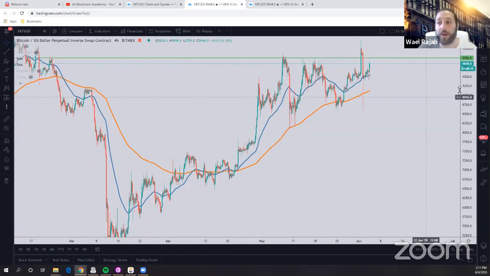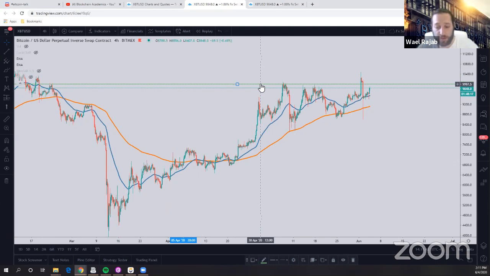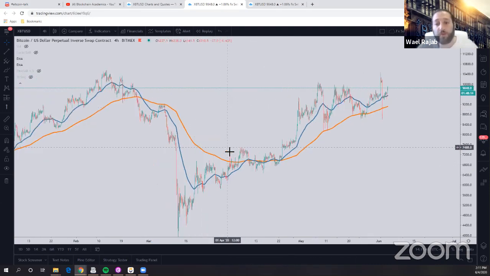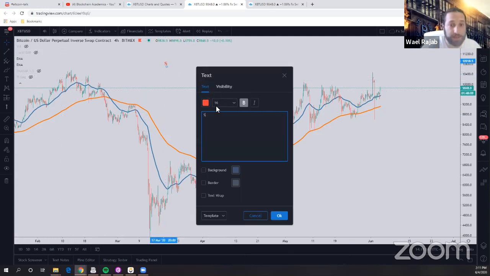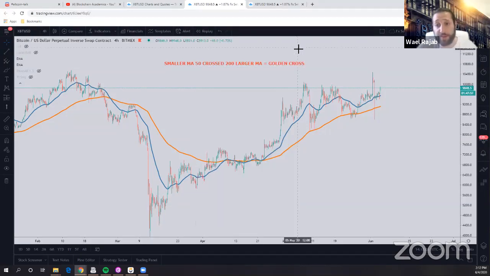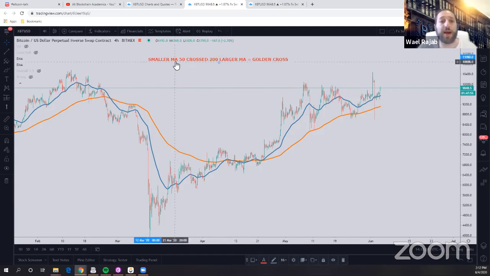The strategy that we're going to use is when we look for a golden cross. So a golden cross is when the smaller MA, so 50, crosses the 200 larger MA. That is a golden cross, for those of you guys that don't know. Smaller moving averages move quicker